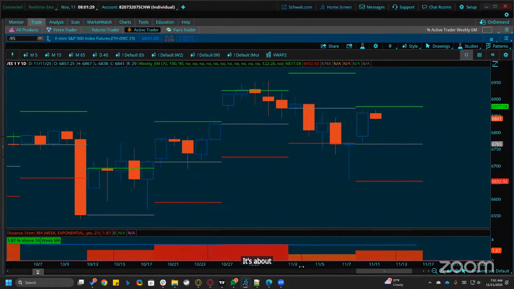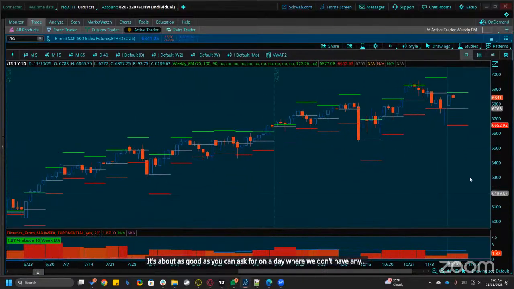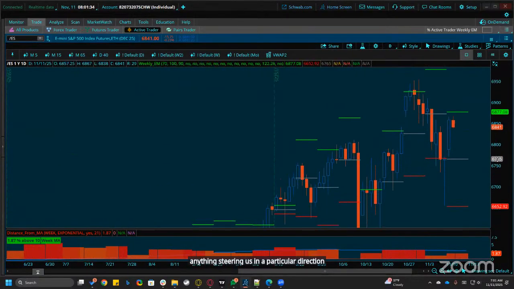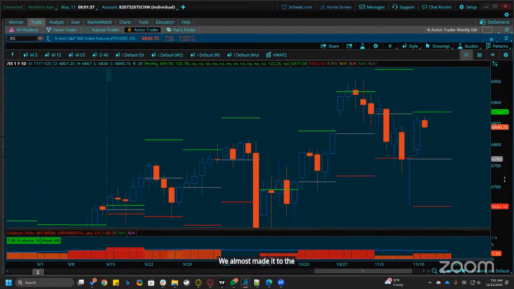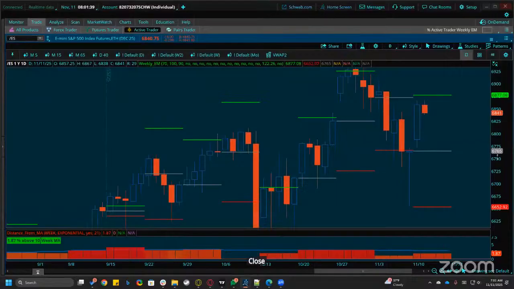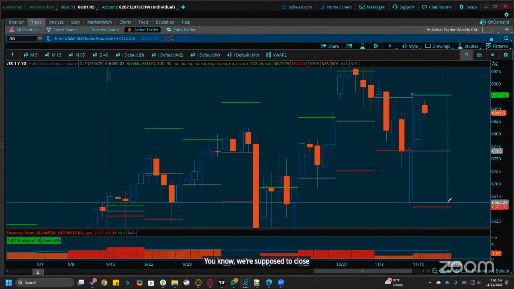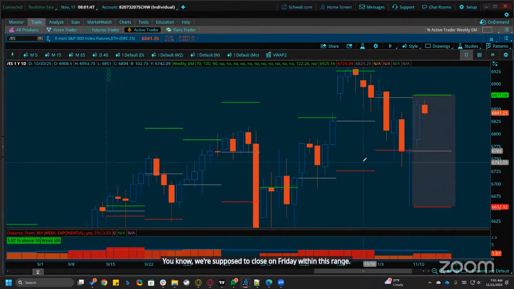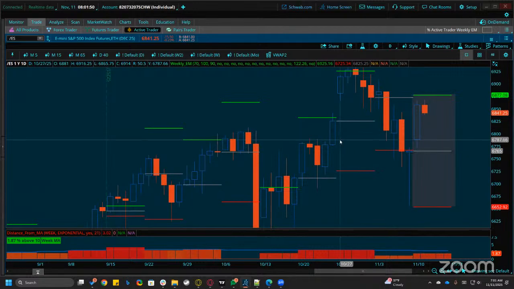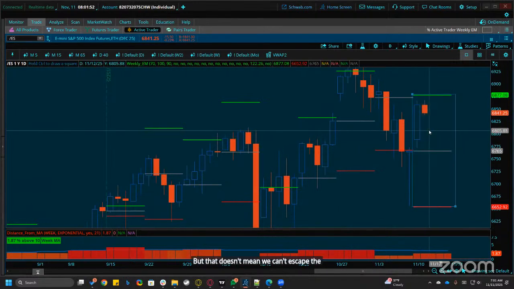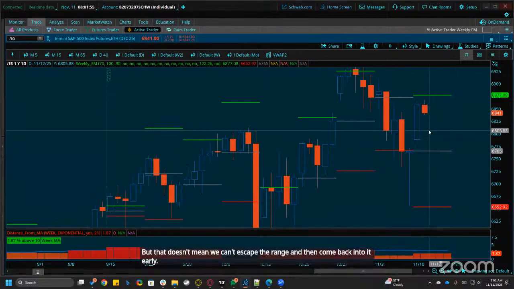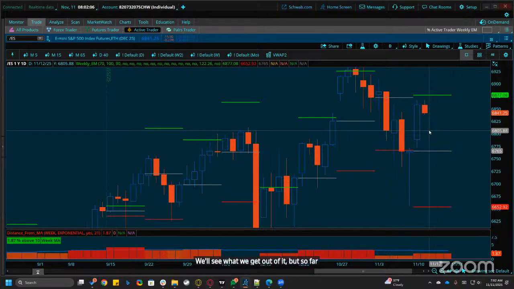It's about as good as you can ask for on a day where we don't have anything steering us in a particular direction. We almost made it to the weekly expected move yesterday. Close, but not close enough. We're supposed to close on Friday within this range. But that doesn't mean we can't escape the range and then come back into it early. We'll see what we get out of it, but so far the market's doing exactly what it's supposed to do,